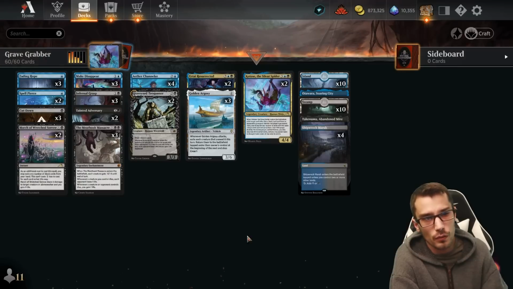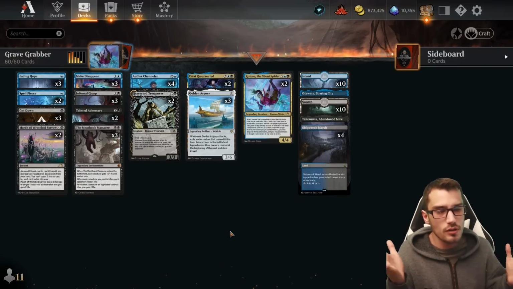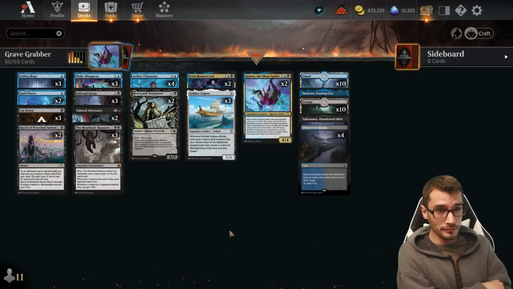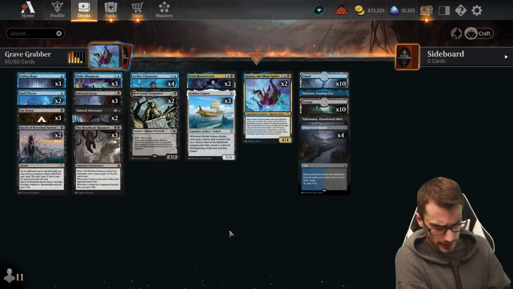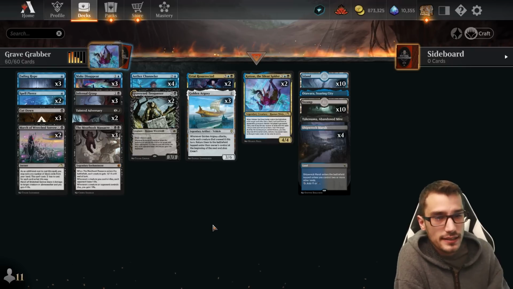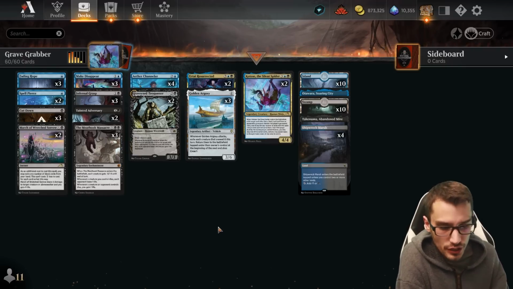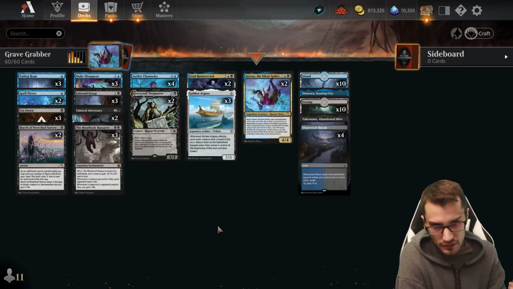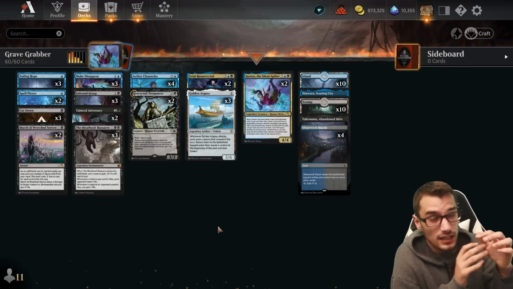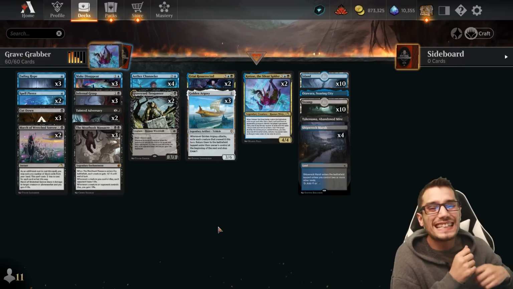26 is the new 24. I've been having trouble with my lands all week, but we're fixing it, right? We're taking steps to mitigate the brick, because at the end of the day, I'd rather flood, and this is not the deck you want to brick on. It is very much the deck you want to curve out on aggressively, right? Hitting that 1, 2, 3, 4, hopefully 5, and 6 all in a row,